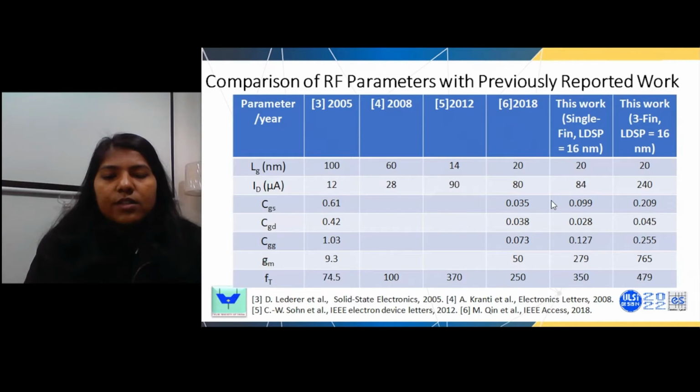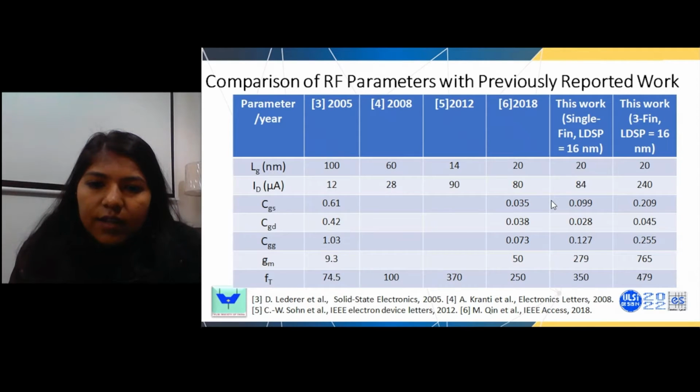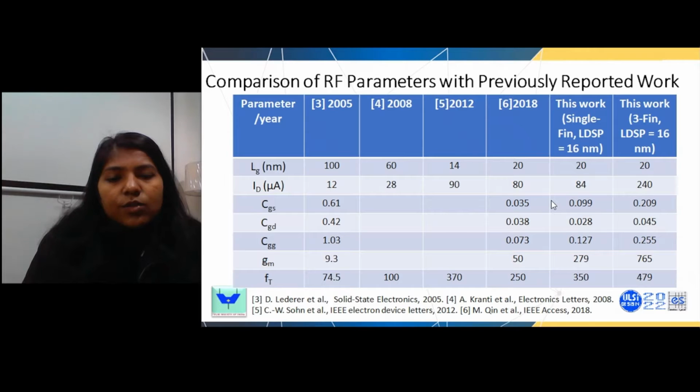We have also compared our results with the previously reported work. In 2005, when the channel length was 100 nanometer, they were able to achieve 75.5 gigahertz of cutoff frequency. The frequency here is given in gigahertz, transconductance is in microsiemens, and capacitances are in femtofarads. In 2008, for 60 nanometer channel length, the cutoff frequency they achieved is 100 gigahertz. For 14 nanometer in a 2012 paper, it is 370 gigahertz, and in 2018 for 20 nanometer channel length,